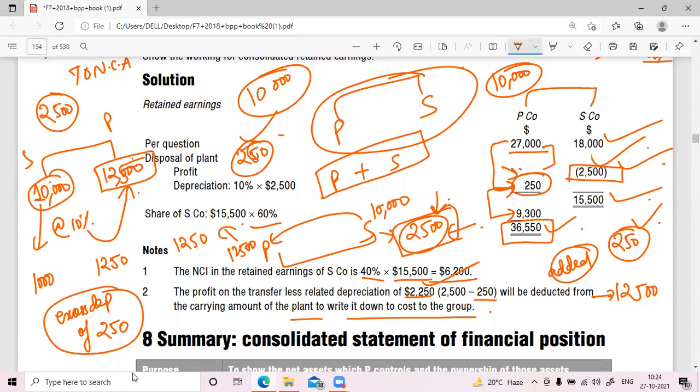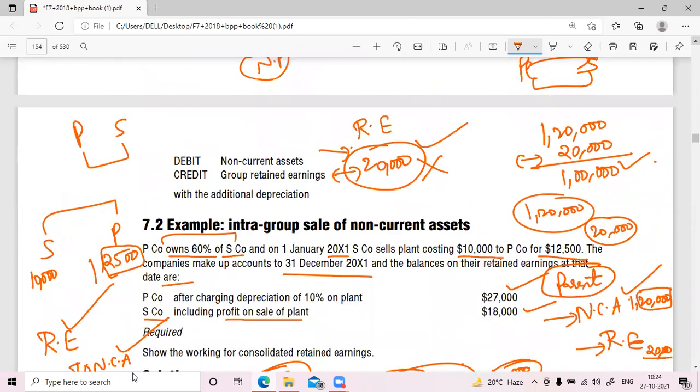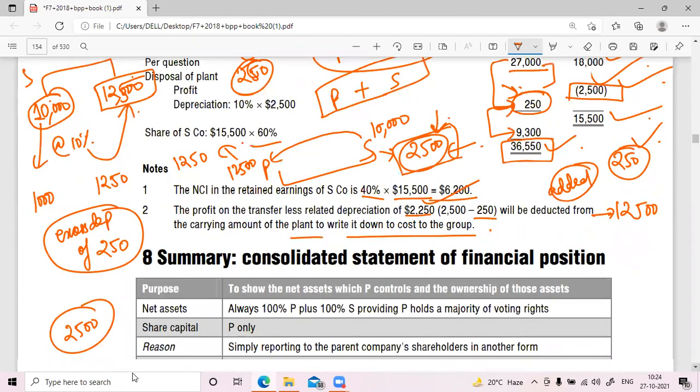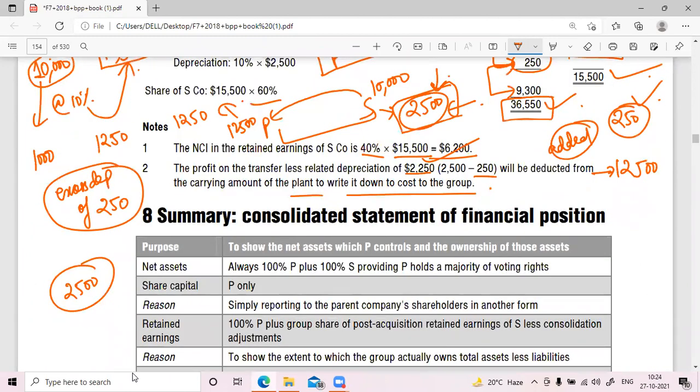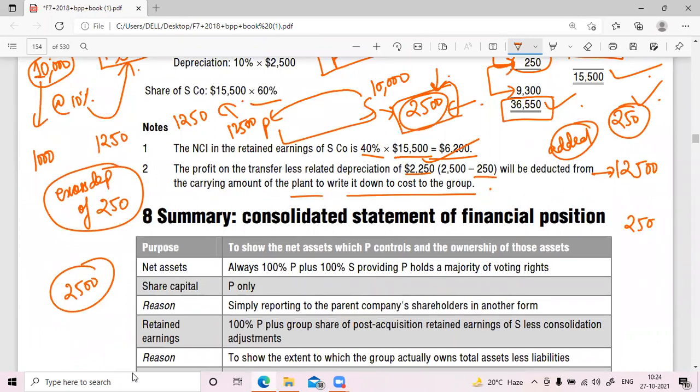So again, 2,250. Here, how much are we showing? Profit on transfer. So the profit is this, less the depreciation. Depreciation is this, will be deducted from the carrying amount of the plant to write it down to cost to the group. So this again, okay. So what is happening is the